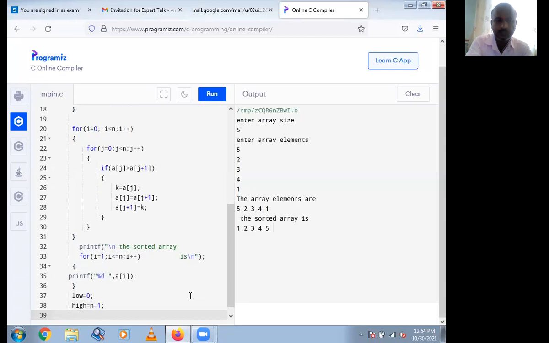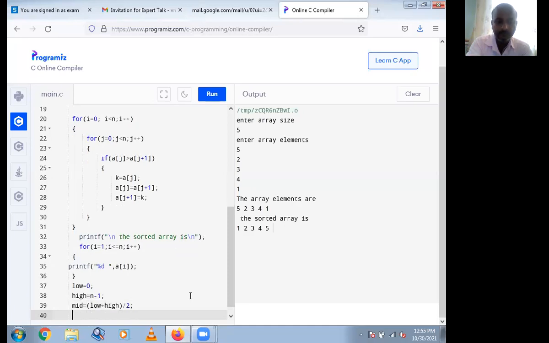Then here we should find mid. So mid is equal to low plus high all divided by 2.